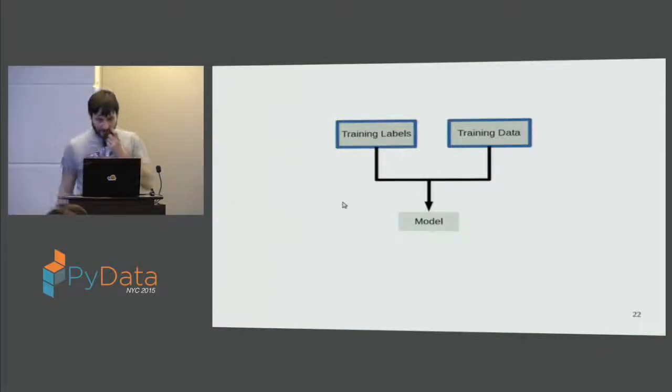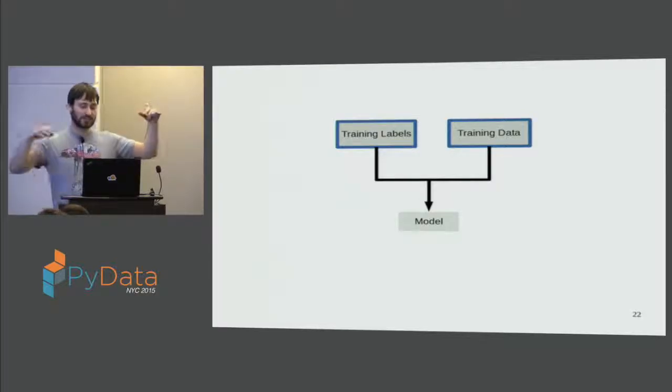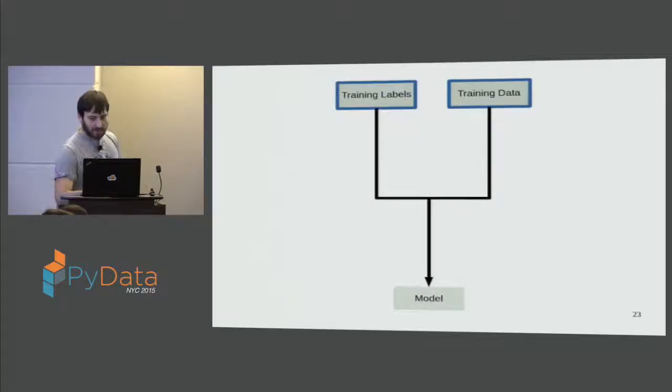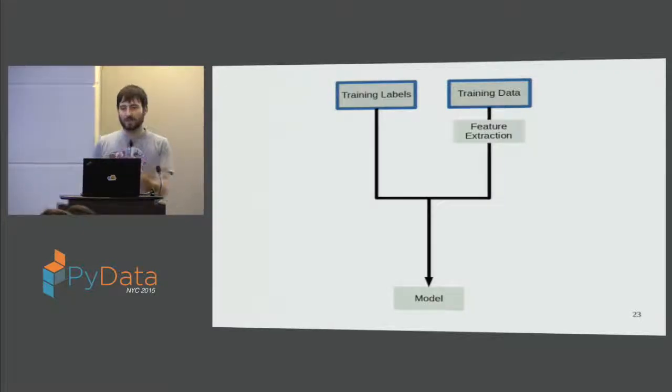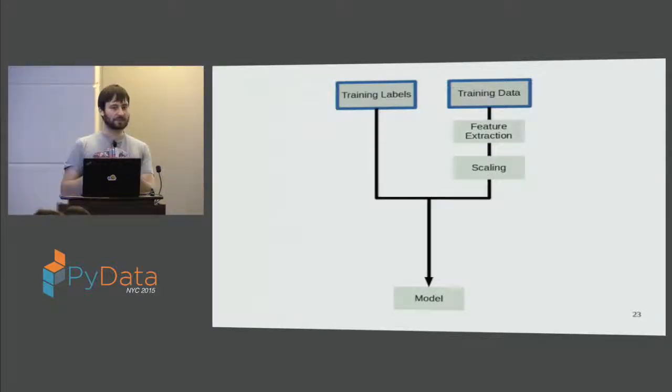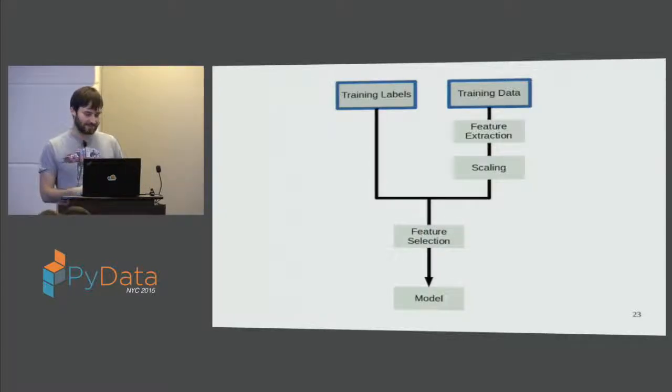So the other line that I did so far is I said, well, you take your training data and your training labels, and you put it into your model. Only that never happens. Usually, you have a whole lot of different steps from when someone gives you your data until you can build your model. For example, you might have feature extraction from dictionaries or text or images or whatever. You might have scaling, preprocessing, normalization, and you might do feature selection. And if you have all these steps,